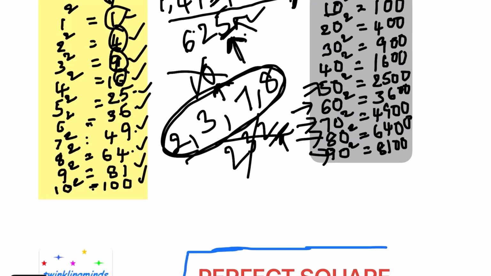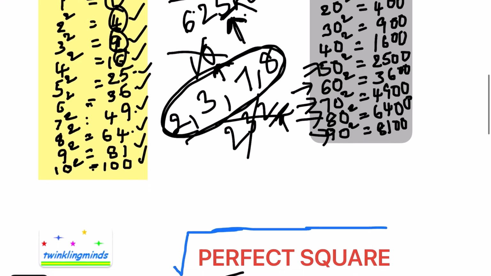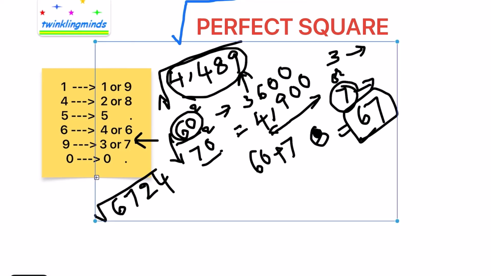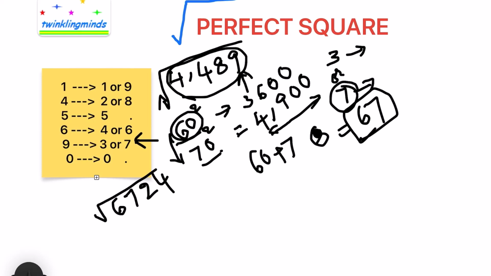So remember that. We will go back. Okay. Now, what is there in units position? It's 4, right? So what do we have for 4? Either 2 or 8 in units position. But